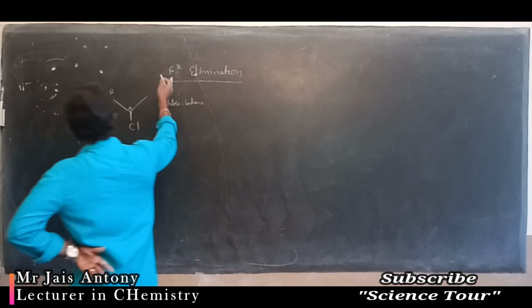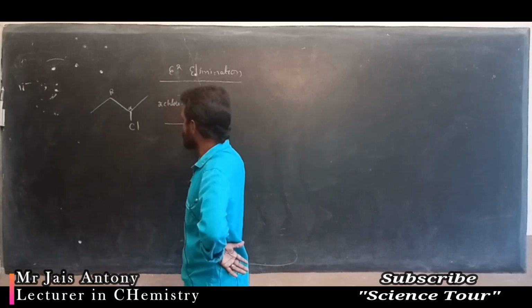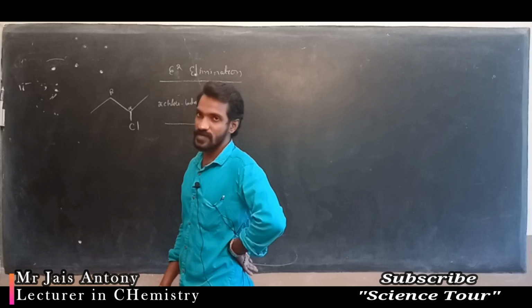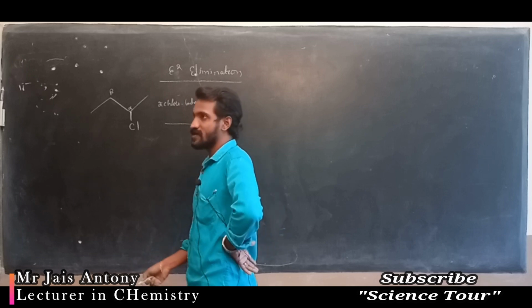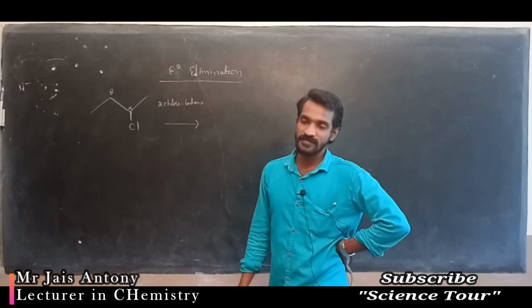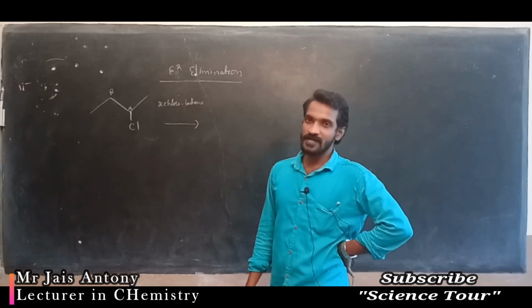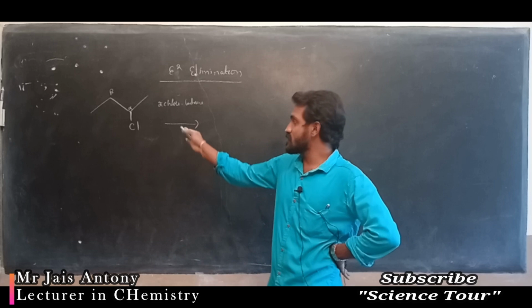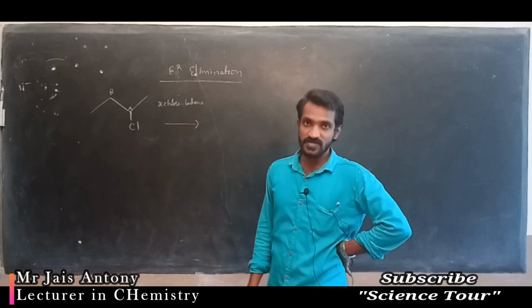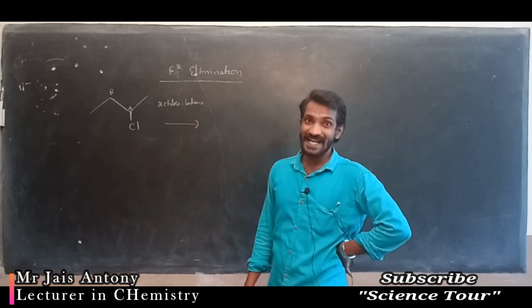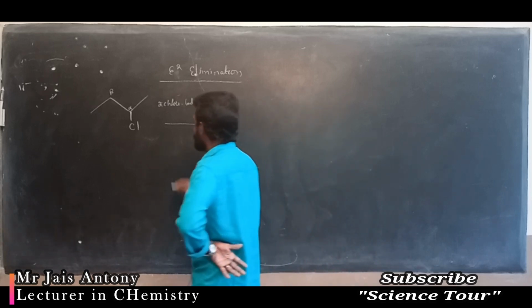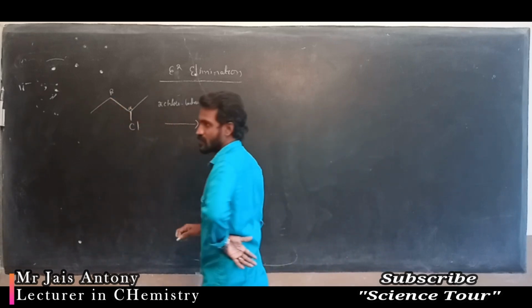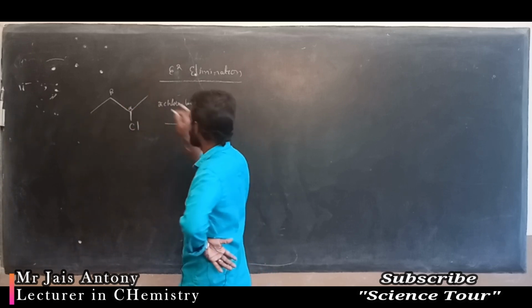Okay, how does that E2 elimination reaction proceed in this particular case? That is very important. I told that here actually there is no carbocation formation. Instead of that, what takes place? Transition state formation takes place. How? Imagine here one hydrogen is there. Down also one hydrogen is there, up also. Okay.